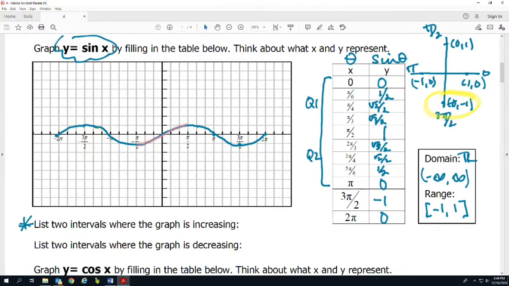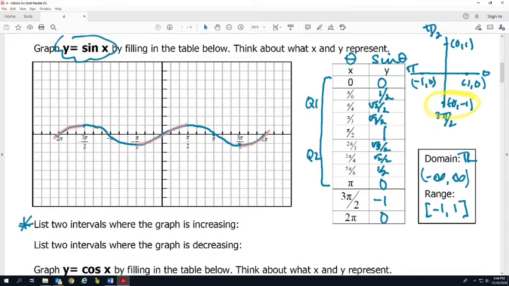At every maximum or minimum, it changes from increasing to decreasing. This is another place that it's increasing. This is another place that it's increasing. So if I'm just looking at the graph that I have graphed, remember this goes on forever, so there's a lot of different places that this is going to happen. But if I list intervals on this particular graph where it's increasing, I'm actually going to list the 3